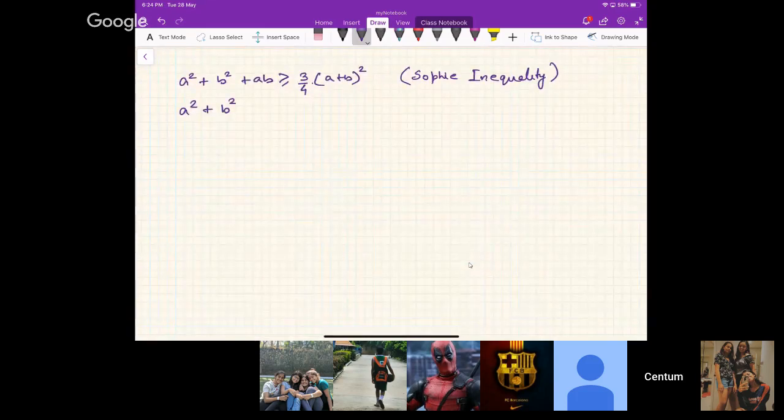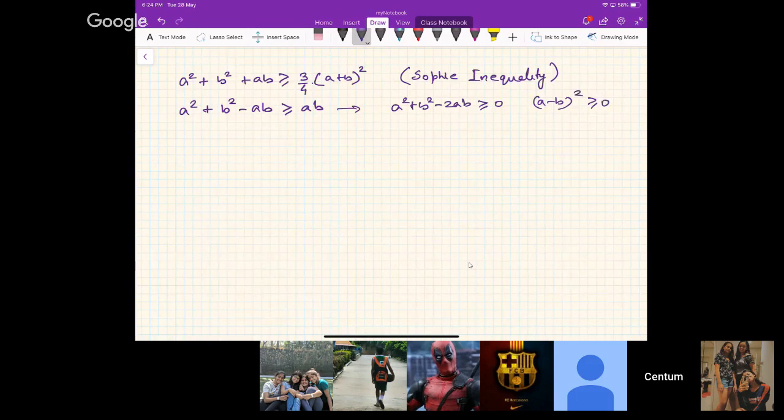Another inequality: a square plus b square minus ab is always greater than or equal to ab. This is very easy to prove. Why? Because a square plus b square minus 2ab is always greater than or equal to 0, because a minus b whole square is always greater than or equal to 0, so it follows directly from here. Then a cube plus b cube is greater than or equal to ab times a plus b. Can you prove this? Let me just mention all of them: 1, 2, 3, 4. The fourth is ab by a plus b is less than or equal to